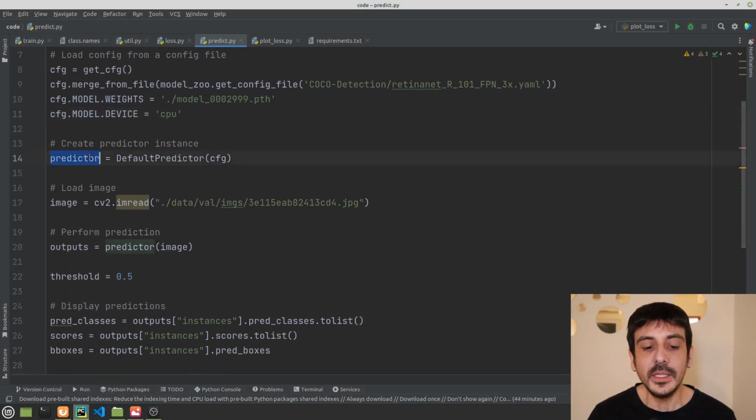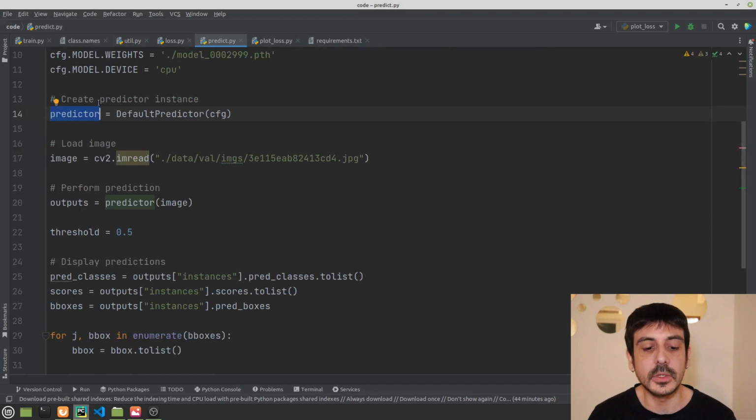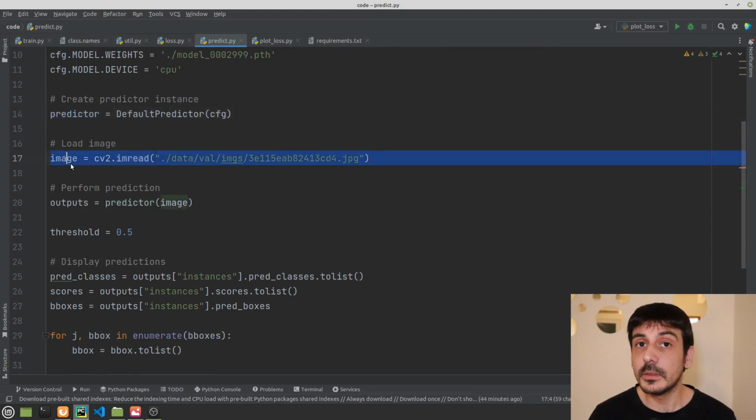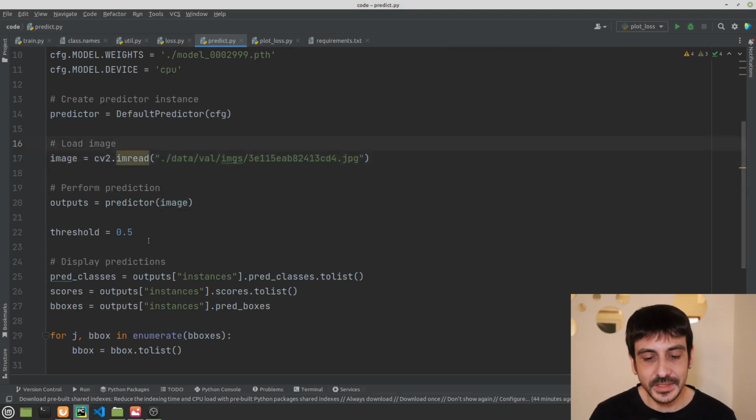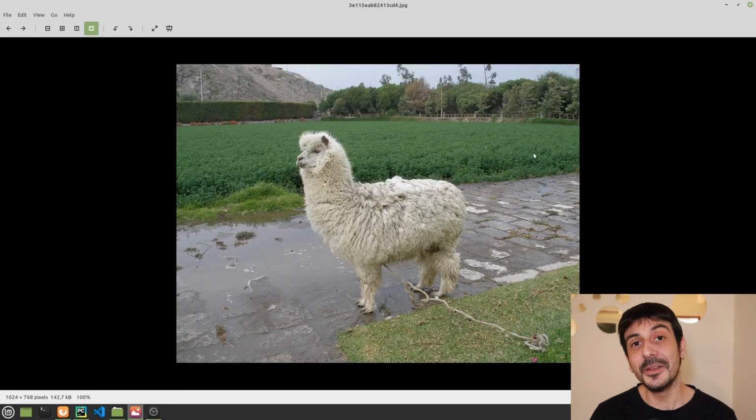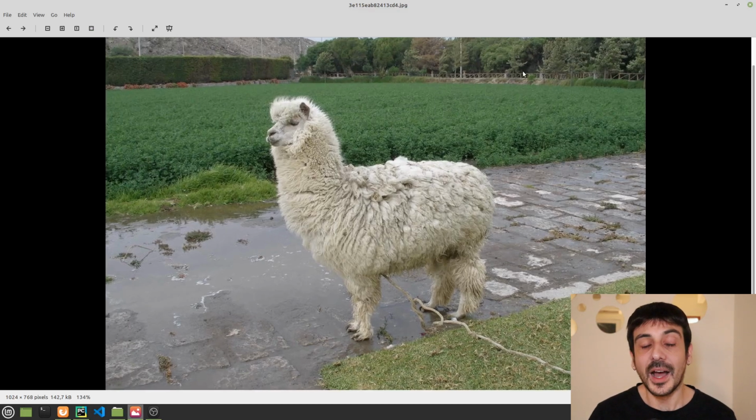Then I am creating this object, which is this predictor, and basically this is going to be the predictor we are going to use in order to make our predictions. Then I am loading an image, very important because we definitely need an image if we are going to make predictions, and this is the image I am loading. Let me show you. This is exactly the image of an alpaca we are going to use in order to make predictions. Ideally, we should be getting the location, the bounding box of this alpaca.